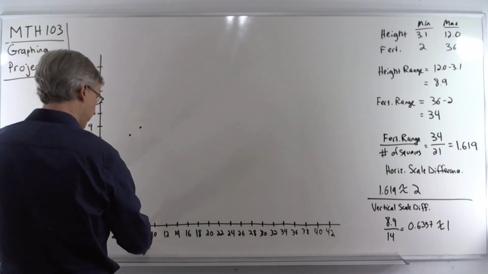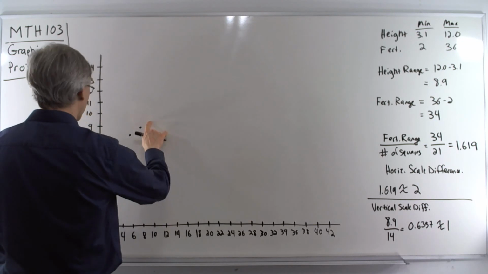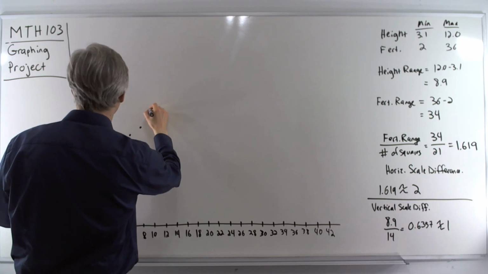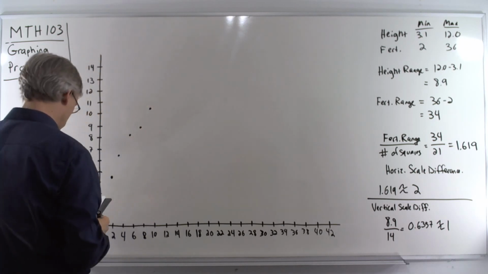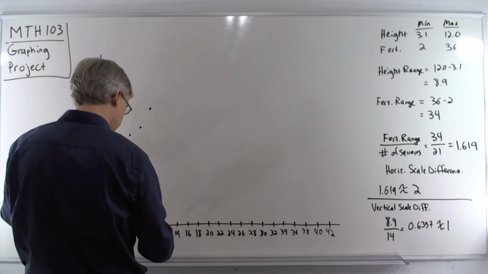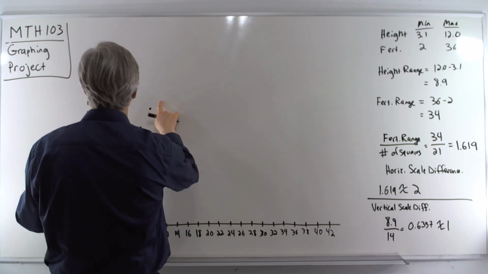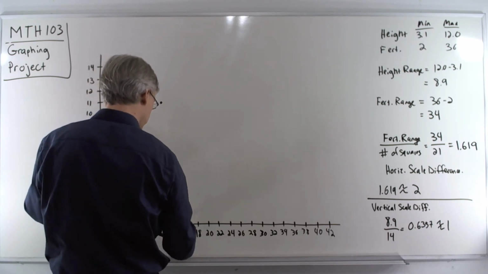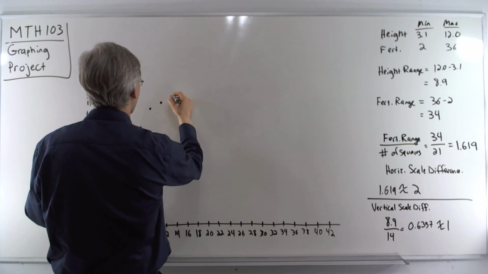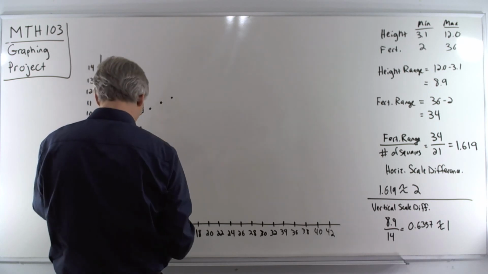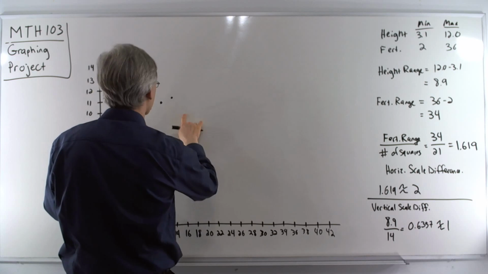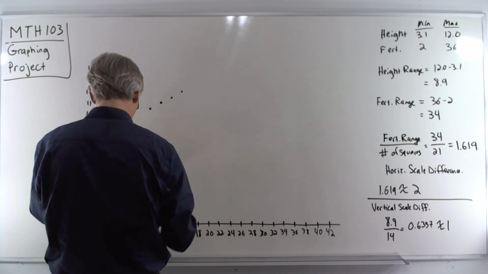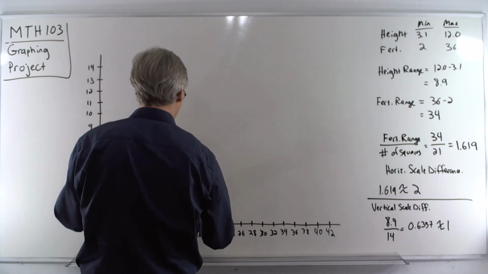You got 10 and 10.5, so across 10, up 10.5. 12 and 10.7. 14 and 11.2, 16 and 11.6, 18 and 12,